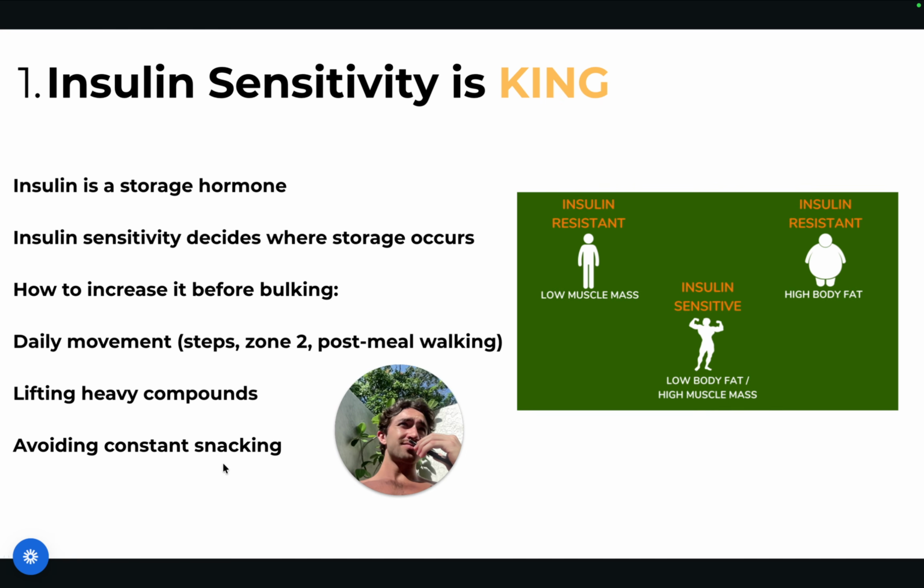And then, if you're constantly spiking insulin throughout the whole day, you don't give your body some time to reset and desensitize yourself to insulin, then it's not going to have the same effect as if you were to eat distinct meals throughout the day. So what I recommend for most people is 3 to 4 distinct meals throughout the day,